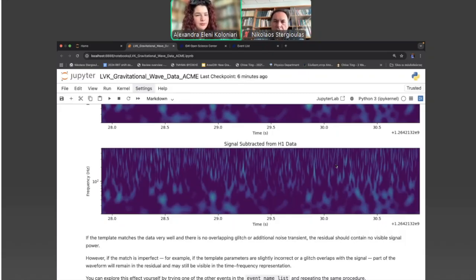So these generalized wave-like features that you will use as training data may adapt well to glitches, and so you may get many triggers that actually correspond to glitches and not to some real astrophysical signal.